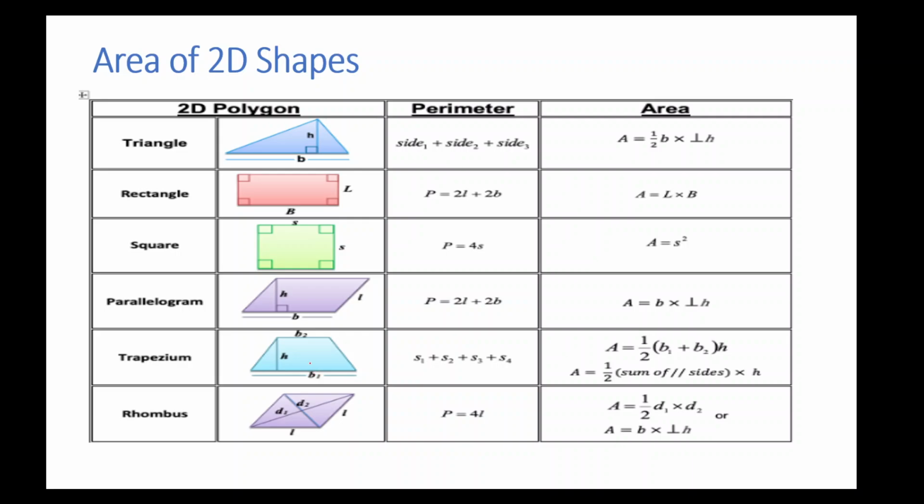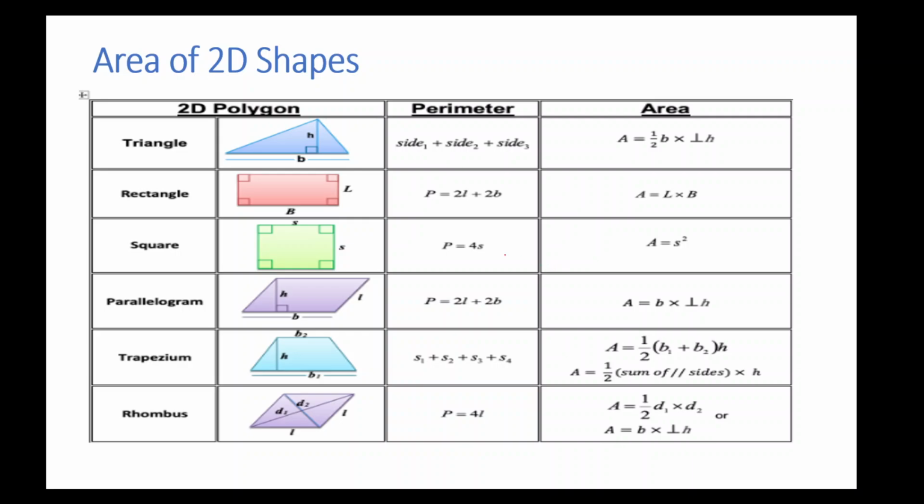For example, area of 2D shapes. Triangle. If a triangle has height h and base b, then area will be half of base into height, the perpendicular height. And the perimeter is the sum of all the sides of a triangle. A rectangle. If the rectangle's length is L and breadth is b, then perimeter will be 2 times length plus 2 times breadth, and the area will be the product of length into breadth. A square has a side S, then perimeter is 4 times the side and area will